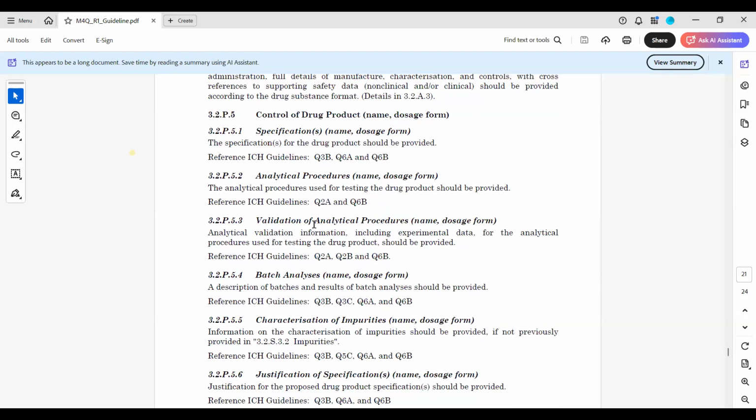analytical procedure for drug product is specified in 32P5 under sections P51, P52, and P53, along with batch analysis. When you are manufacturing a drug product, there are a lot of batches that are released before the final batch is being released into the market. Okay, so a batch analysis, a description of the batches and results of the batch analysis should be provided under 32P